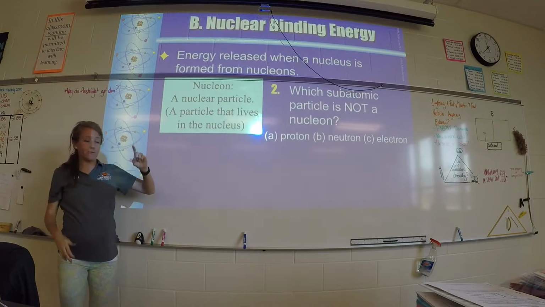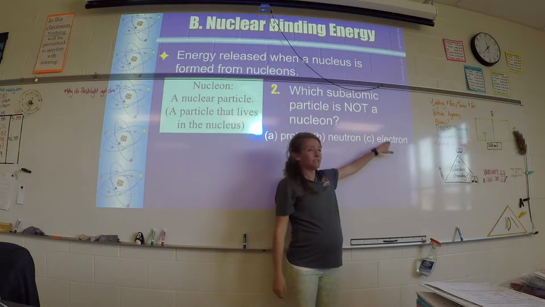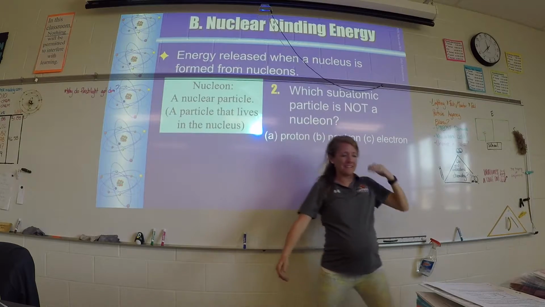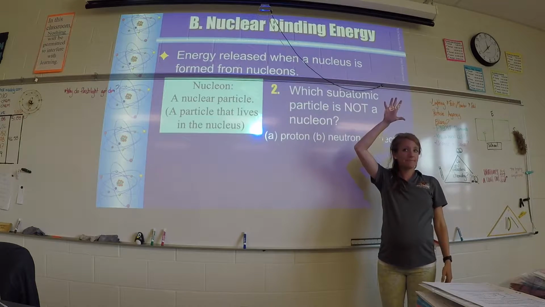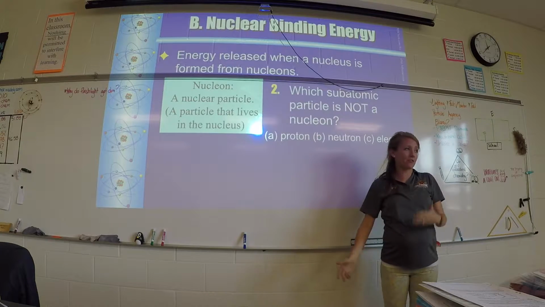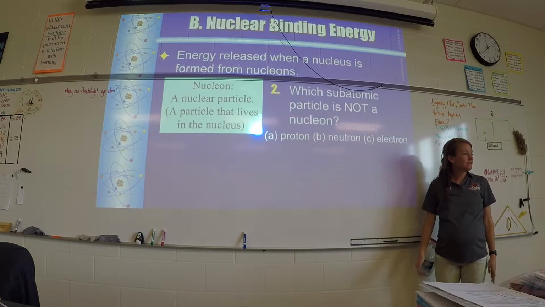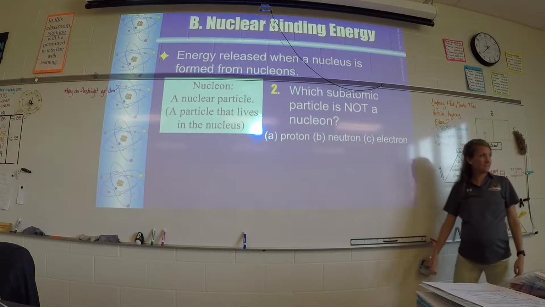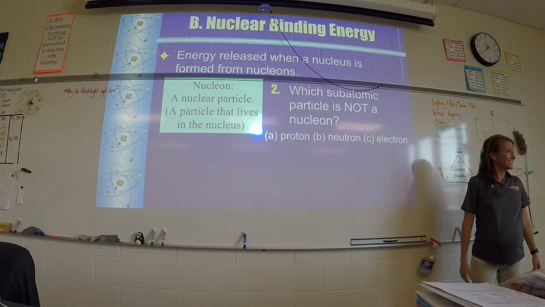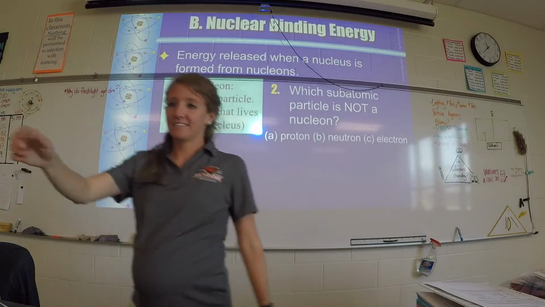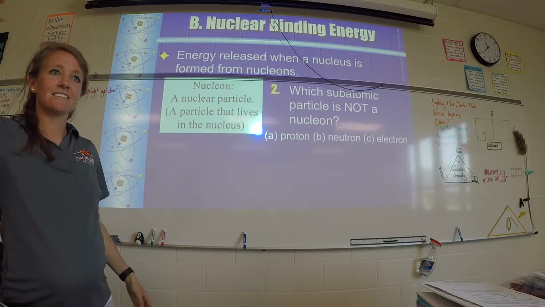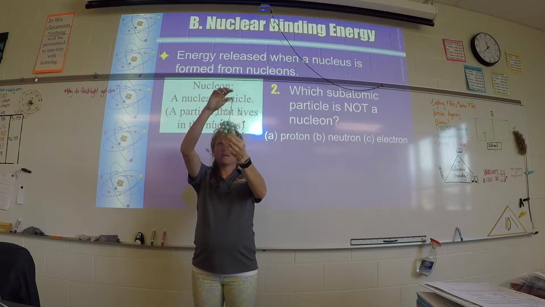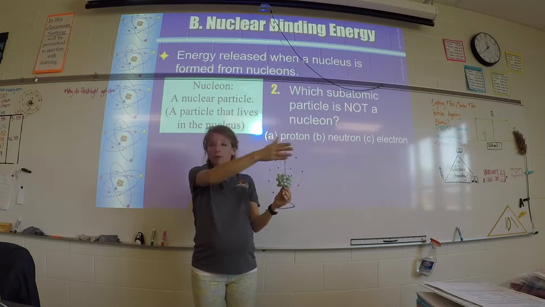But if you picked C, you are correct. You can have a smiley face. Can somebody, by raise of hand, help us know why? Why is an electron not a nucleon, Denise? Well, because a nucleon lives inside the nucleus, and we know that the nucleus is mostly made out of protons and neutrons. Yeah, very good. When you look at an atom, the nucleus is just the protons and the neutrons.